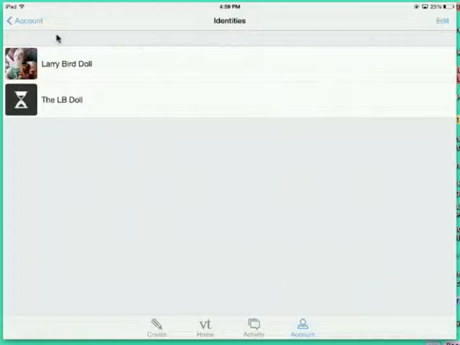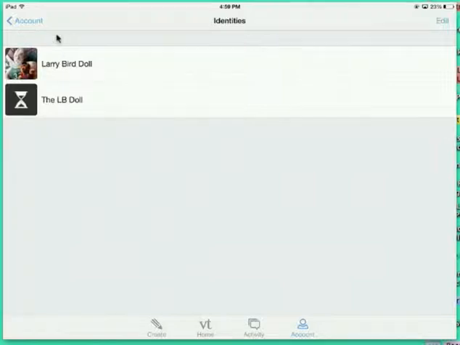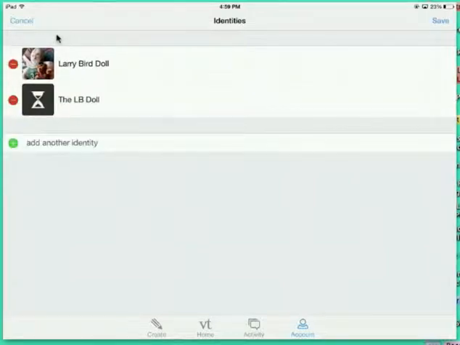How did I get here? I was at home, and I went to account on the bottom. Home and account. If I tap on the picture of the LB doll, where it looks like an hourglass, and then I tap on edit in the upper right, you see the ability to add identities, and that's really cool, but that's not what we want to deal with